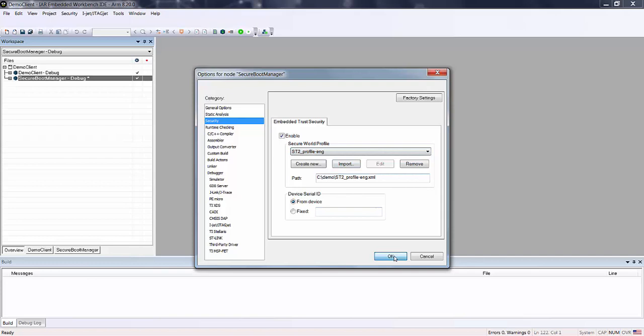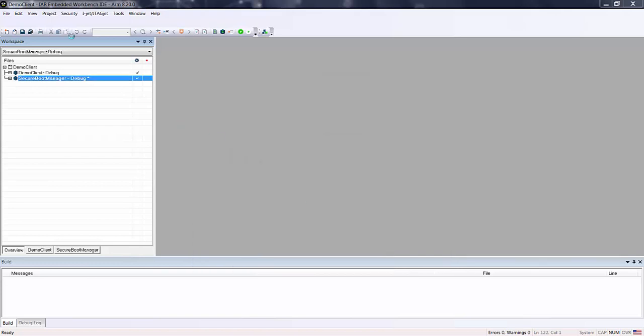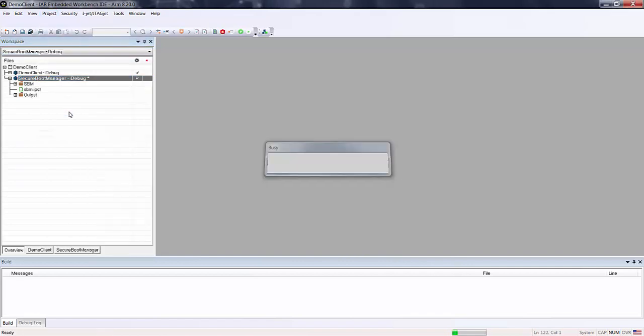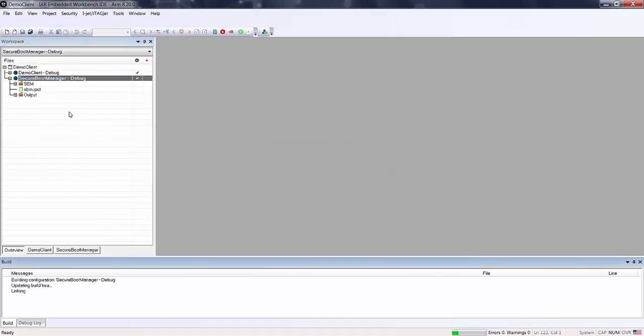So I can confirm here. I will confirm here, and I will mainly build this application. It's up to date, and from now I can actually do what I mentioned before, that it's the provisioning. So we will read out the device ID,